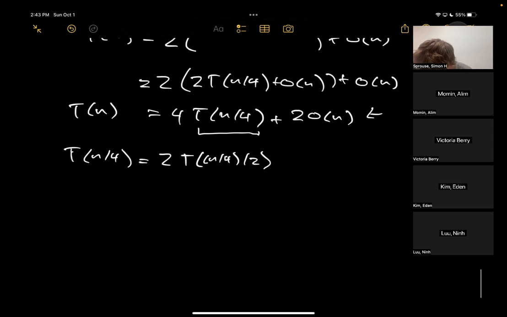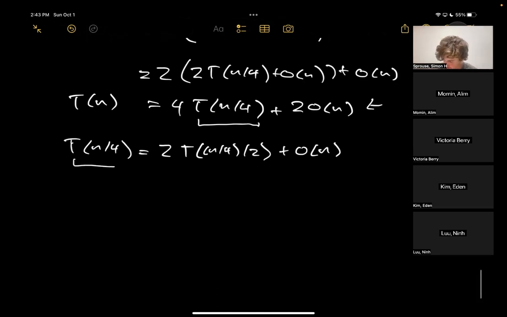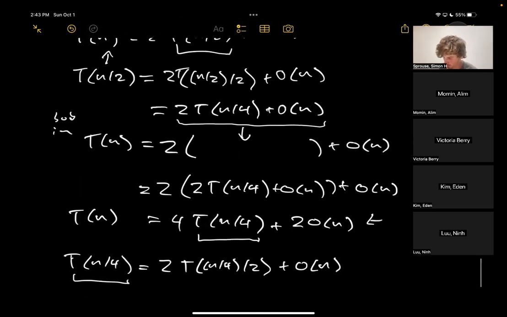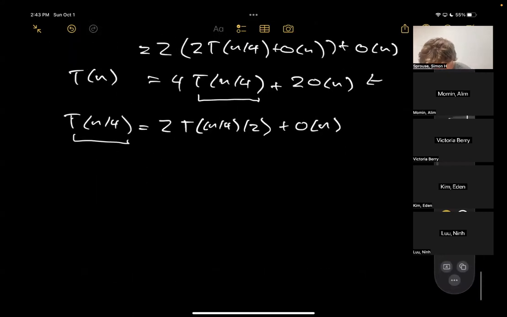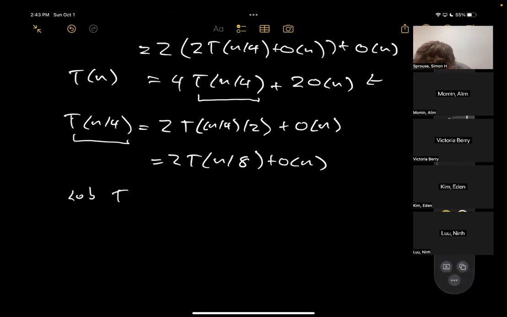Okay, so this is plugging these things into the original formula that we wrote from up there. So if you're wondering why I can just calculate this so quickly, that's because I'm taking this from this. And so let's do some algebra. And then let's sub it back in. So here's our substitution step. So T of n,